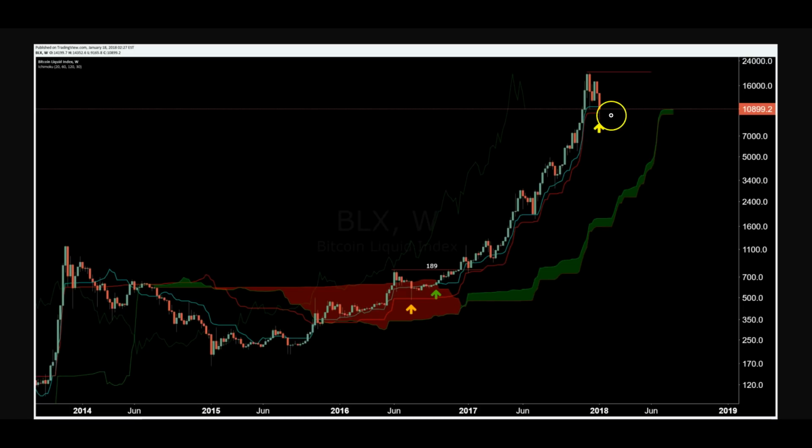We haven't had a wick this low, which is kind of nerve-wracking, because there's a lot of space down here where there's essentially no cloud support, meaning no Tenkan, no Kijun, no cloud. A lot of things can happen. Just craziness. I don't think it'll go to 3K, 4K, what these crazy calls are calling for, but the weekly